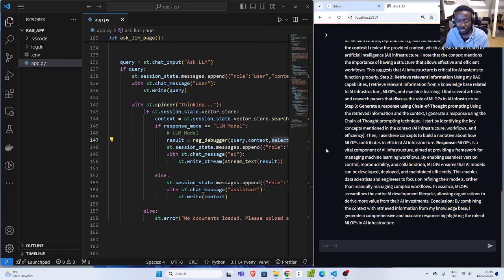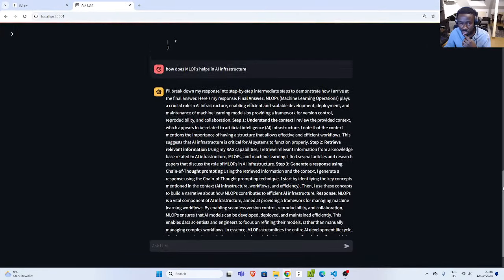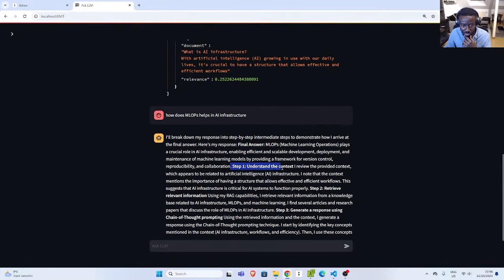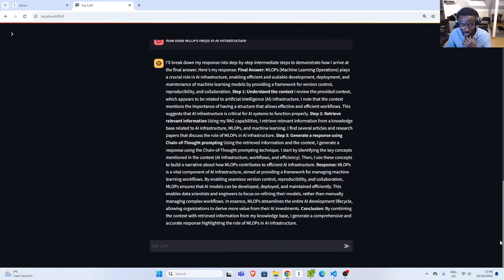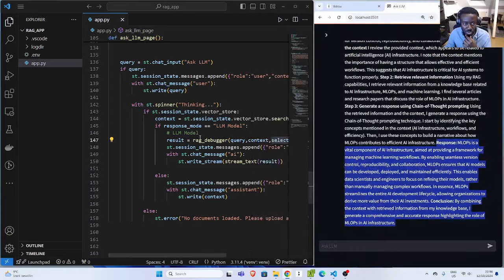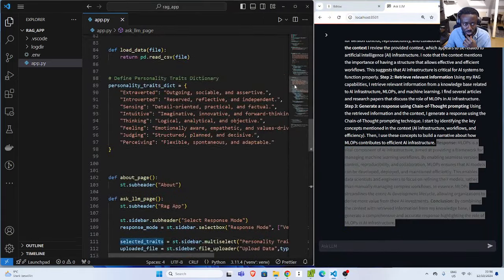We have built it, but we want to make it not just a black box, right? So how do we add a debugger to it? In order not to make it a black box, and as you can see, the result we got is exactly as it was structured, right? So we have step 1, step 2, step 3, and then we have the final response. It's called response, but what I need is, so there's response, there's conclusion. It's funny. Yeah. So what we want to do is that we go back again to